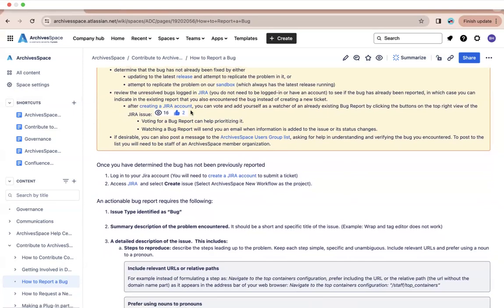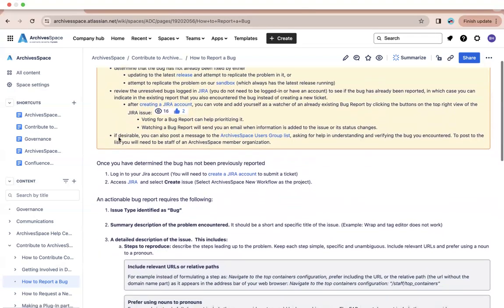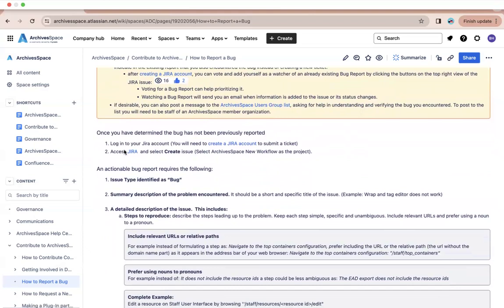Some things to note is that voting for a bug report can help prioritize it, as well as watching a bug report will send you an email when information is added to the issue or its status changes. Lastly, you can also post a message to the ArchivesSpace users group list asking for help in understanding and verifying the bug you encountered. Please note, to post to this list, you will need to be staff of an ArchivesSpace member organization. Once you've done all of the above, we can log into Jira here